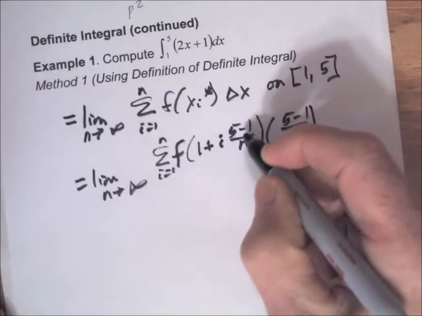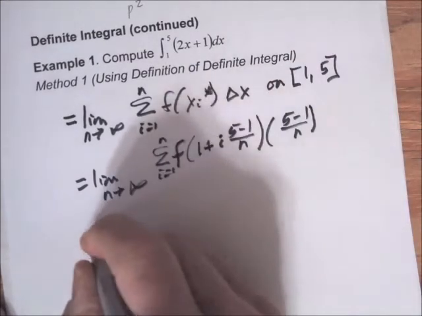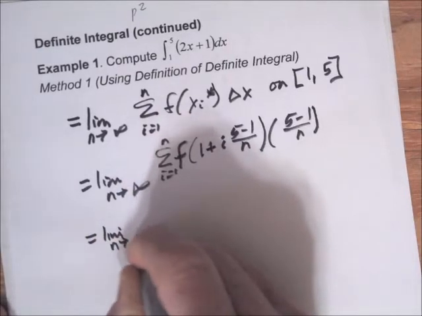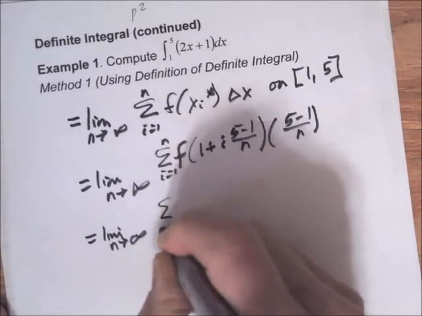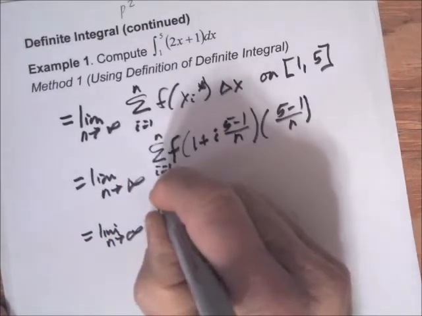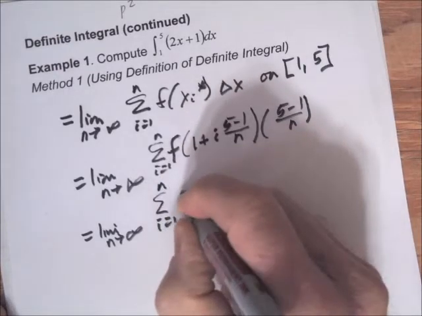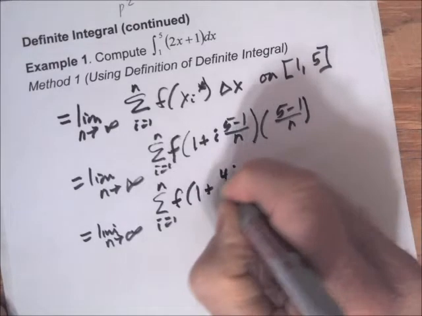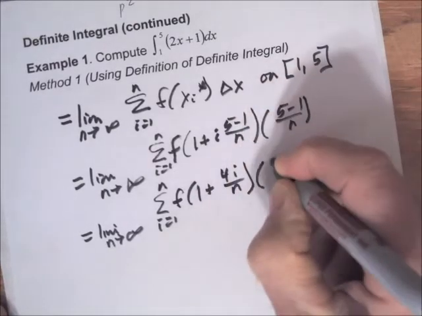Okay, and we're using right endpoints here, so it's the limit as n goes to infinity of the summation i equals 1 to n of f of 1 plus 4i over n times 4 over